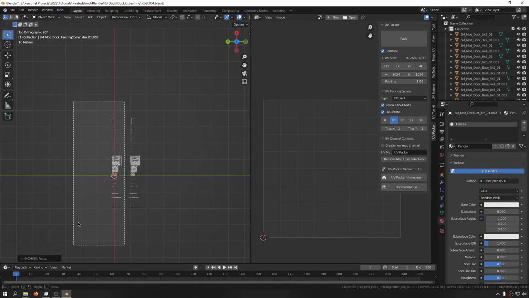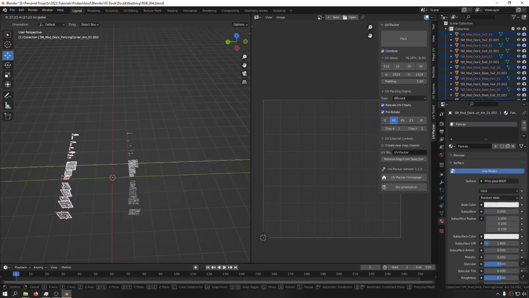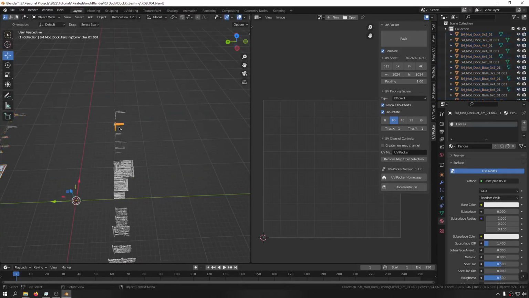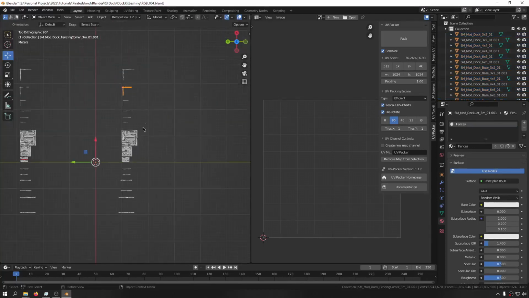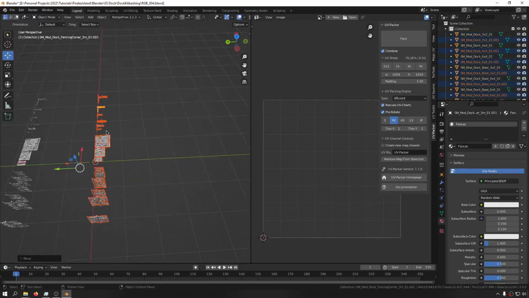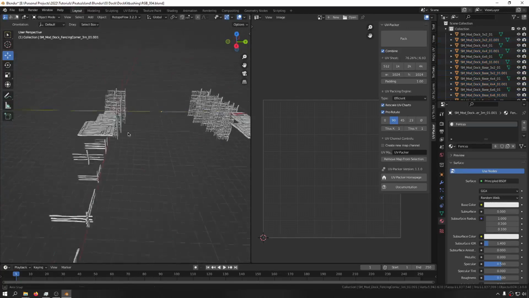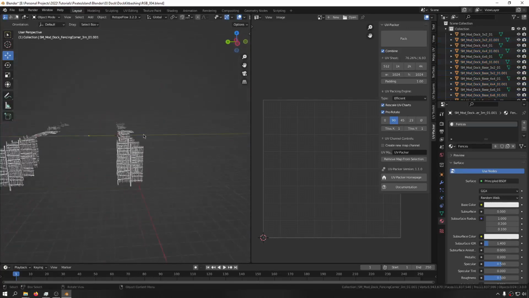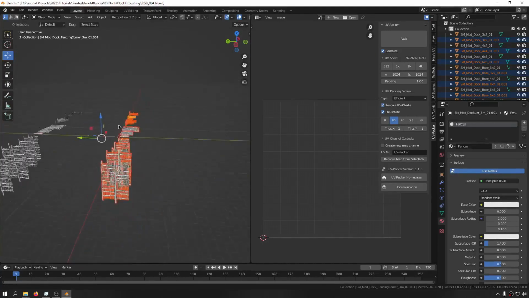Now what I'm going to do is take these ones and bring this back, and select these, select all of these and bring them in here so that it's centered a bit. Okay, and now I'm going to take all of these and export them as a single FBX file to Substance